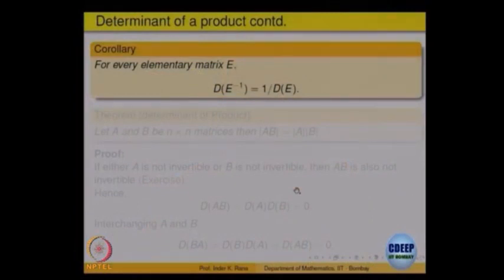So, what is the determinant of E inverse for an elementary matrix? Now, moving to computing inverses, we are coming to the determinant of the inverse. There are two ways of looking at it. One, you can compute what E inverse is. If rows I and J were interchanged, then they are interchanged again to get back the identity matrix, so twice. Or you can look at E times E inverse being identity. Here is another easy way of looking at it. Let us look at that, it is probably better.